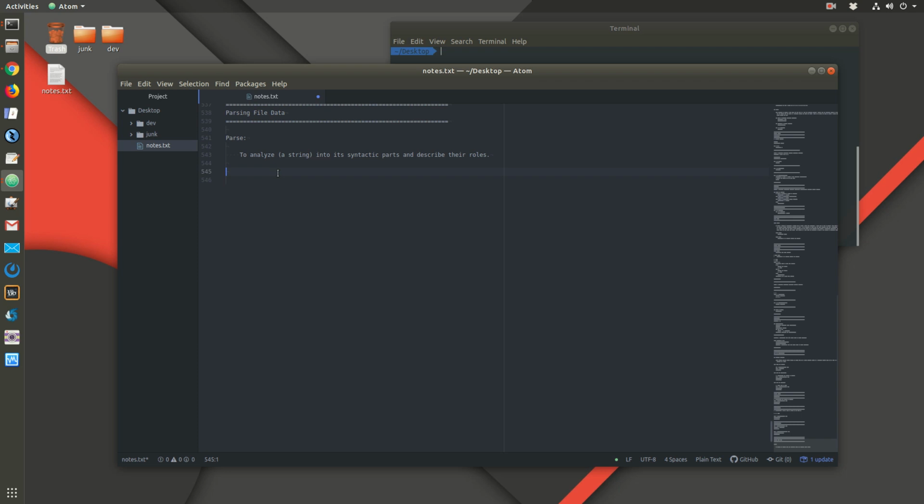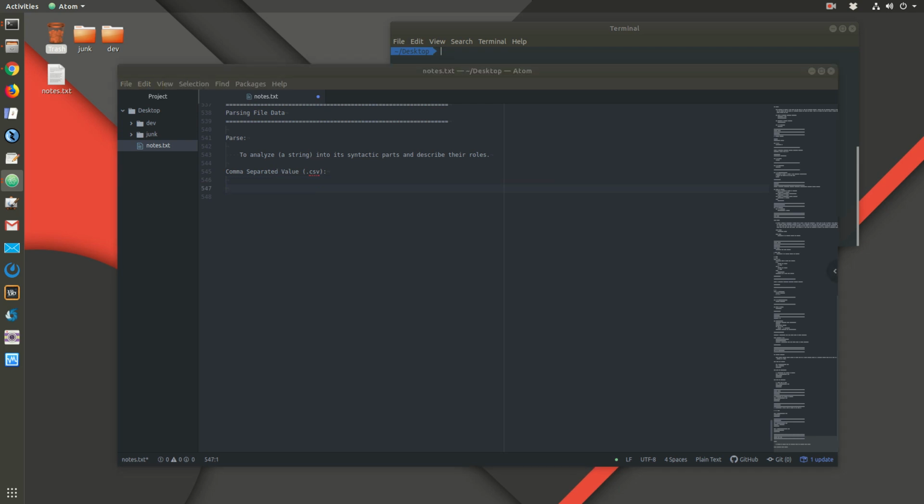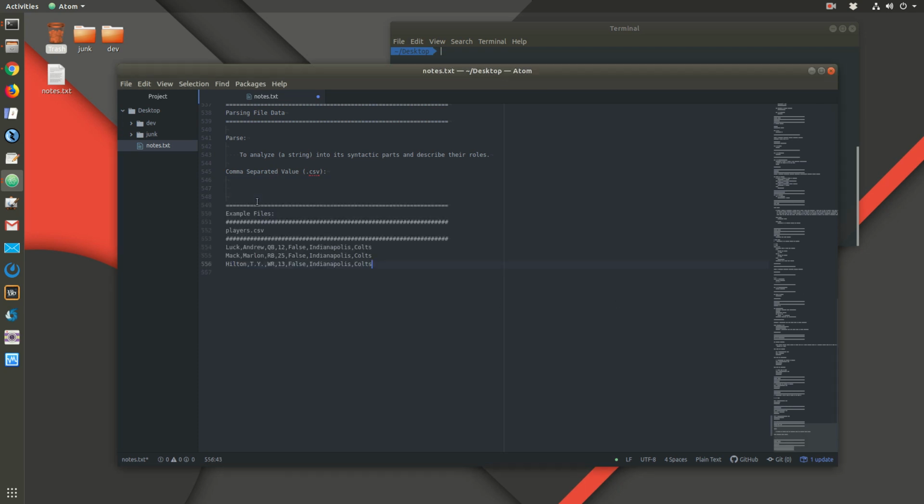The CSV stands for comma separated value. And you'll see files like this have an extension that ends .csv. It stands for comma separated value. And basically the way a file like that looks is, let me pull up an example file. I'll add this to the end of our notes here. This would be an example of one file,